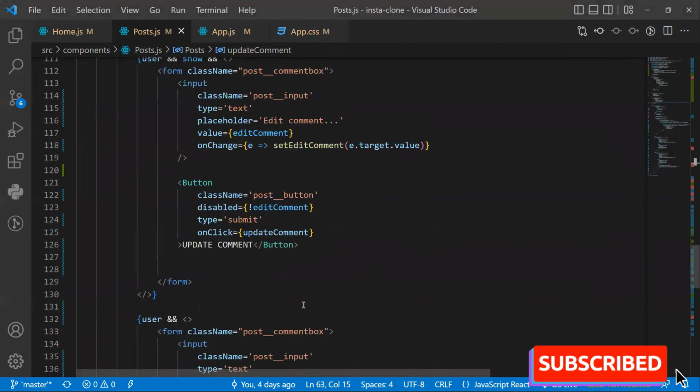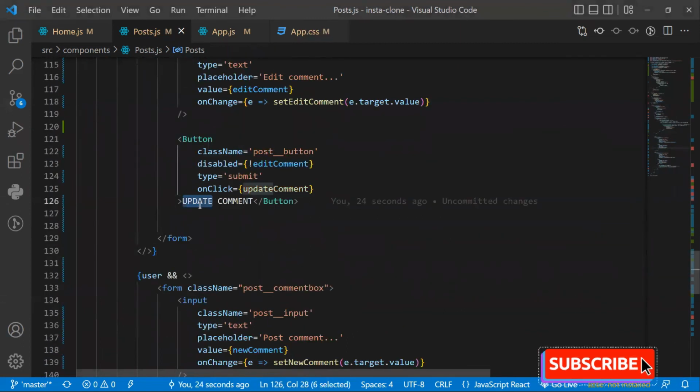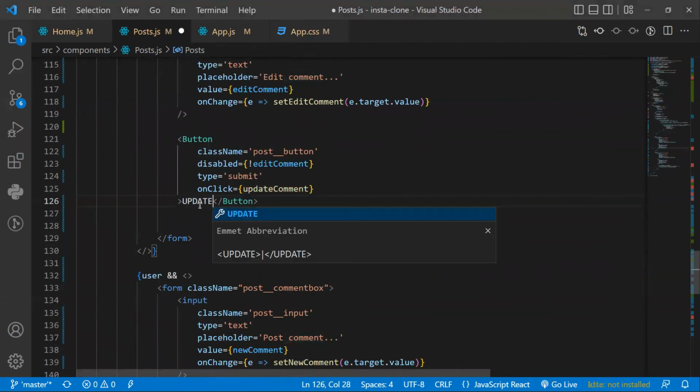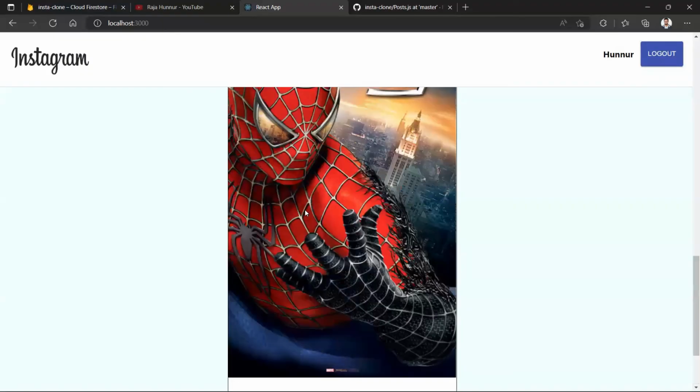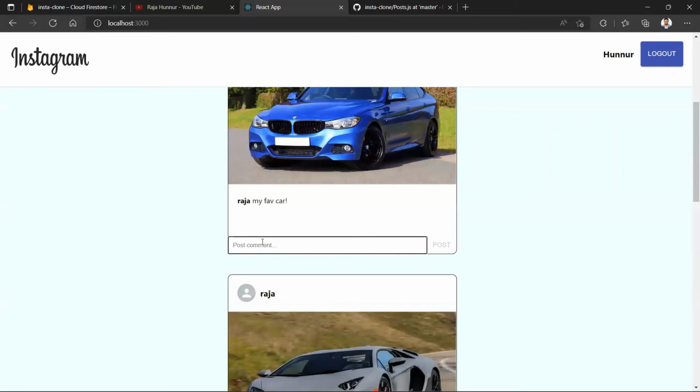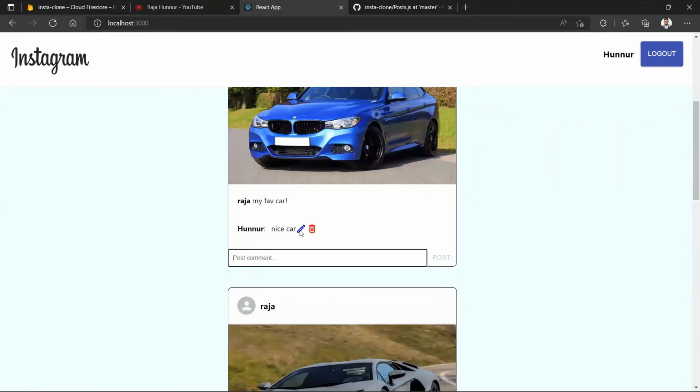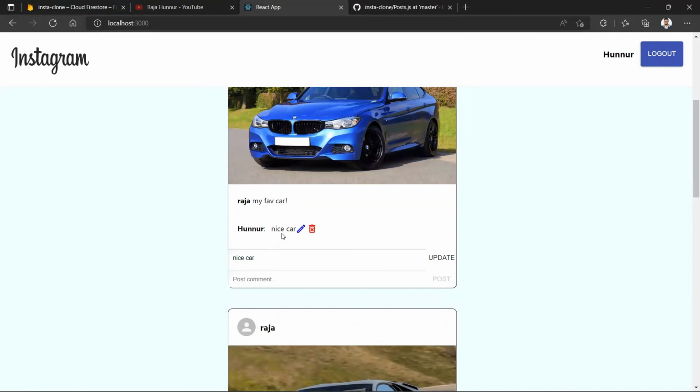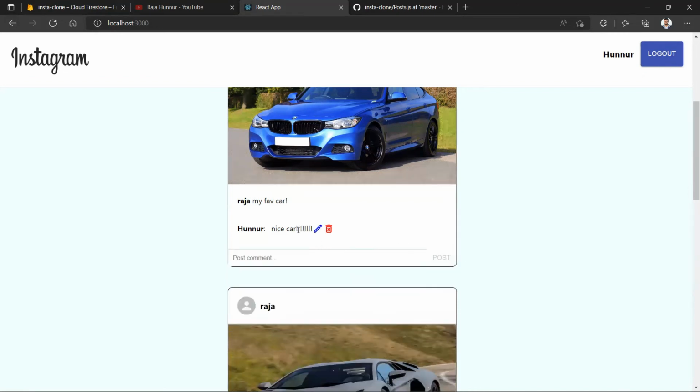For now, I'll just make this update comment as just update. I'll save it. Similarly, here if I try to add one comment like nice car. Now if I try to click on this update button here, the previous comment has already appended here. This is due to the value key attribute. Now if I add an exclamatory mark beside this, if I click update here,